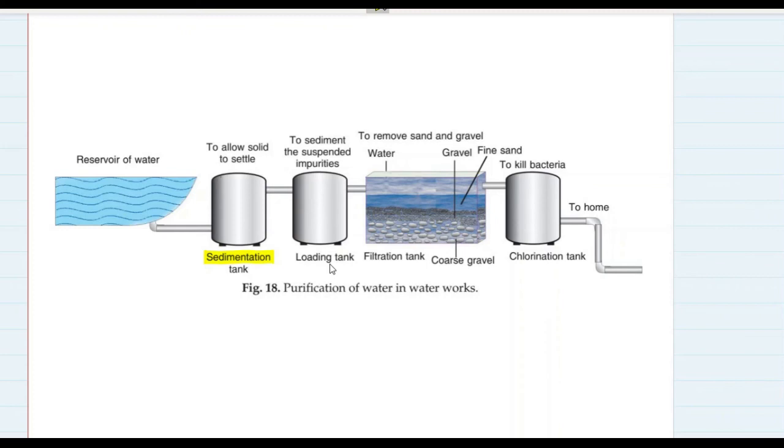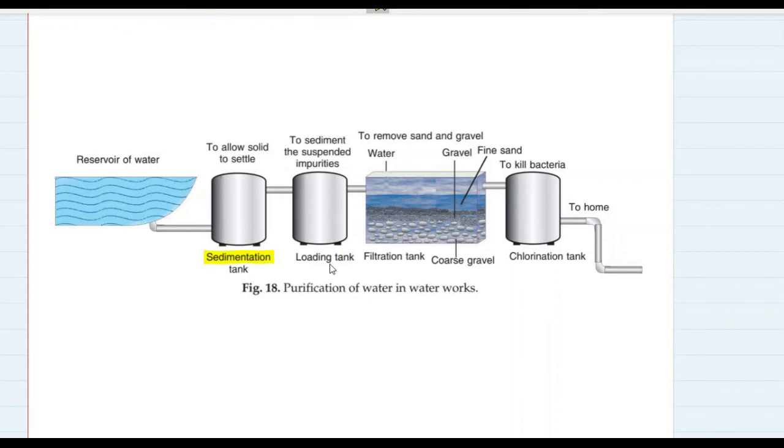So in the loading tank, these impurities are loaded or made heavy with the addition of alum. Alum is a chemical which is used for purifying water by acting as a loading agent. It makes the lighter insoluble impurities heavier and makes them settle down. From this loading tank, water is again put into a new filtration tank where there are different layers